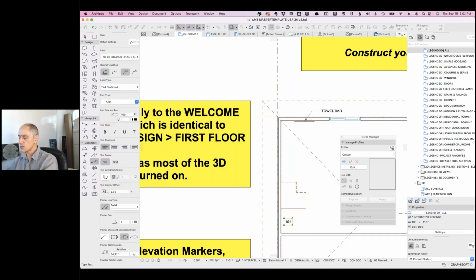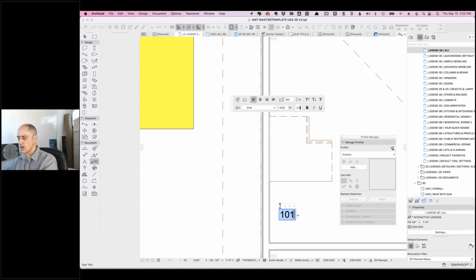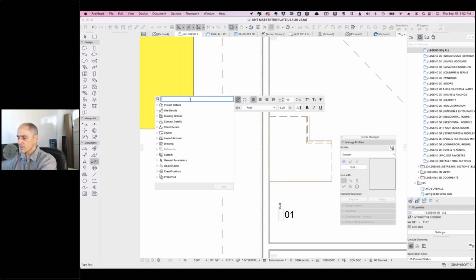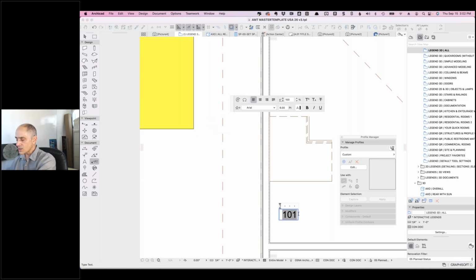If I just wanted it to be the number, I can do that. If I wanted it to be something like the number, and in some cases I wanted to, moving too quickly here, I wanted it to be the number, and then have a space, and then I want to have the